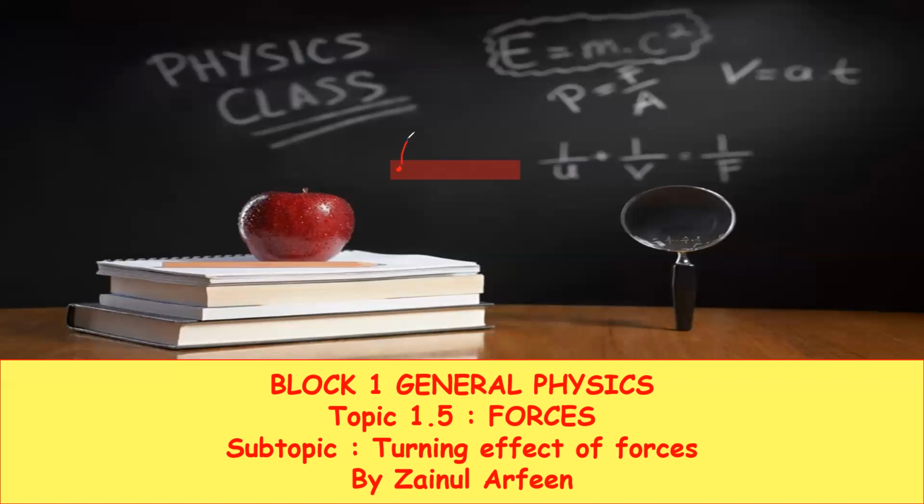The point where I'm holding the ruler or a scale, that point is known as the pivot. So the point where we are holding the object is known as the pivot. If I apply the force on this ruler, what I will observe is that this ruler will rotate. Initially it was exactly horizontal,